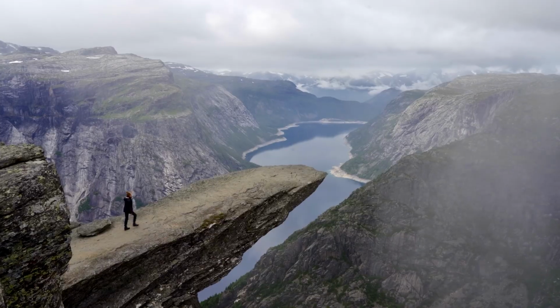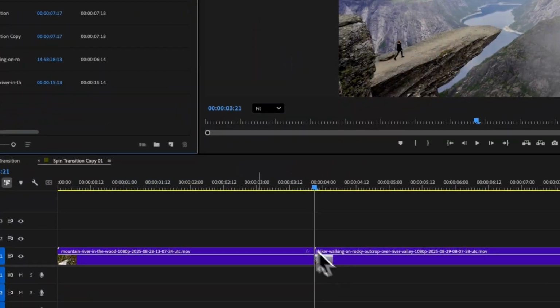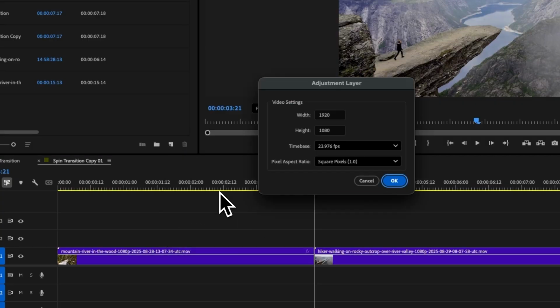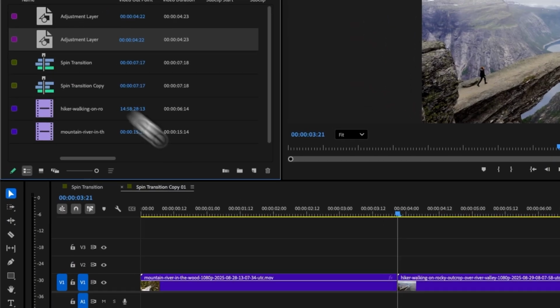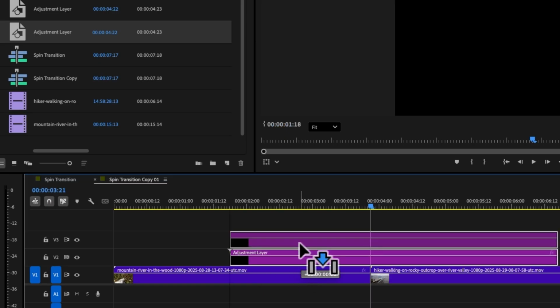Here's how to create a smooth spin transition effect in Premiere Pro. Start with your two clips on the timeline like this, then come up to New, choose Adjustment Layer, choose OK. Drag the adjustment layer in between your two clips, then duplicate this adjustment layer by pressing Option or Alt and